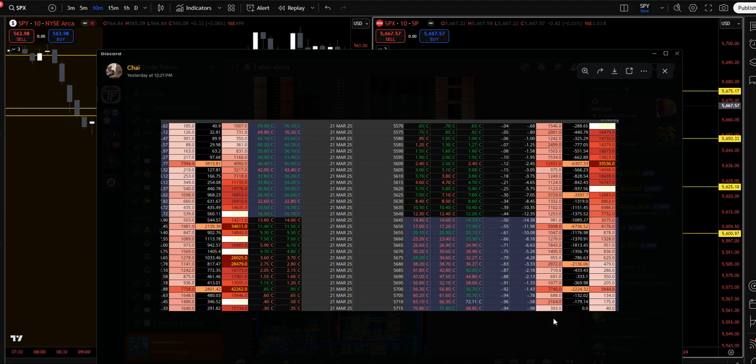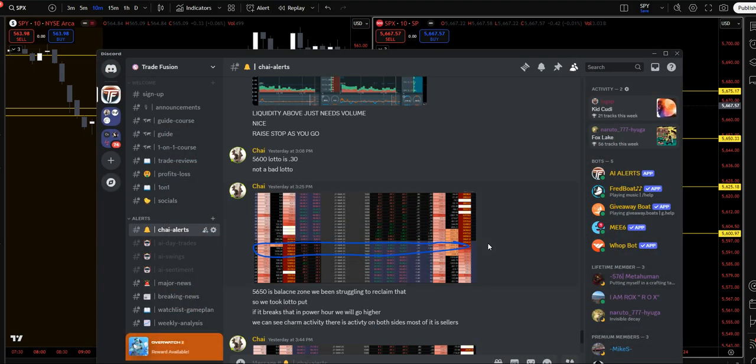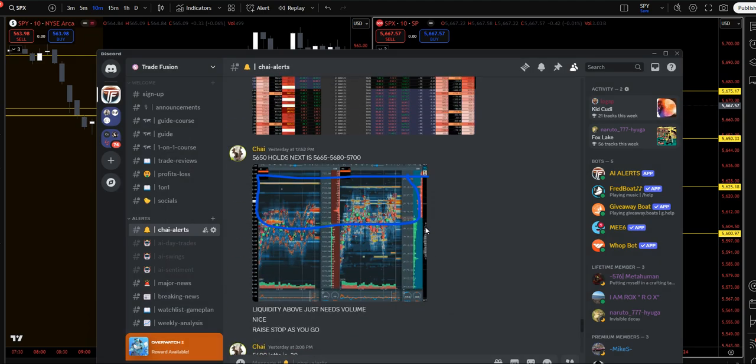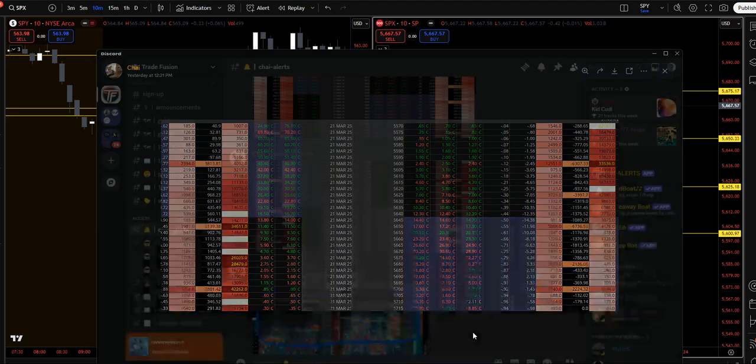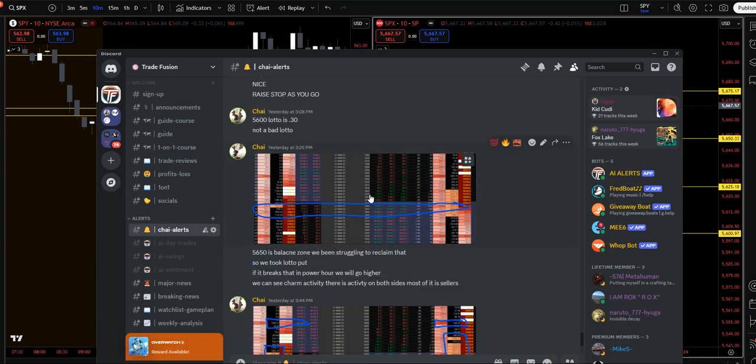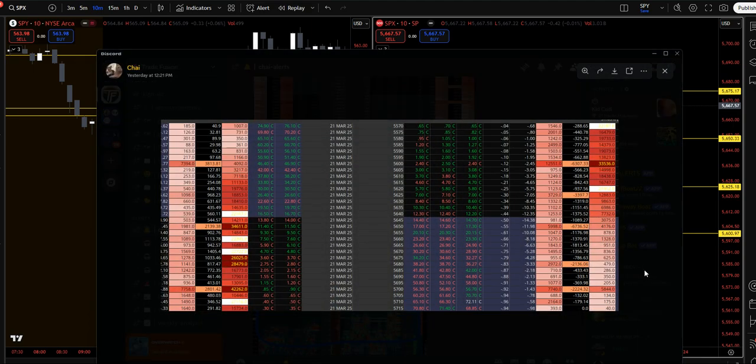Okay, so we had two scenarios going towards the close when I took the puts. As you can see, these orders start analyzing, and then these orders start shrinking towards the power hour time, because they're going to analyze where it's going to go. Okay, one thing we could see is the 5670s. These areas were getting a lot of volume,